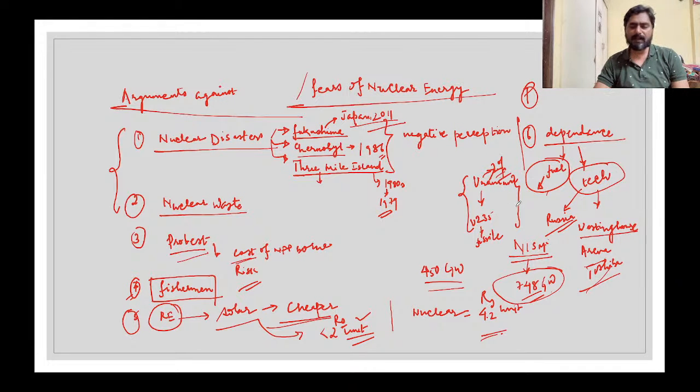But you should understand this, that even 2% uranium is quite sufficient in that sense, because nuclear energy is a very, very efficient method of producing energy. So we require very little input. So it is not necessary that we'll exhaust all the uranium. If we exhaust the Indian uranium, we can import from others and we can still run these nuclear power plants. So these are some of the arguments against nuclear energy.